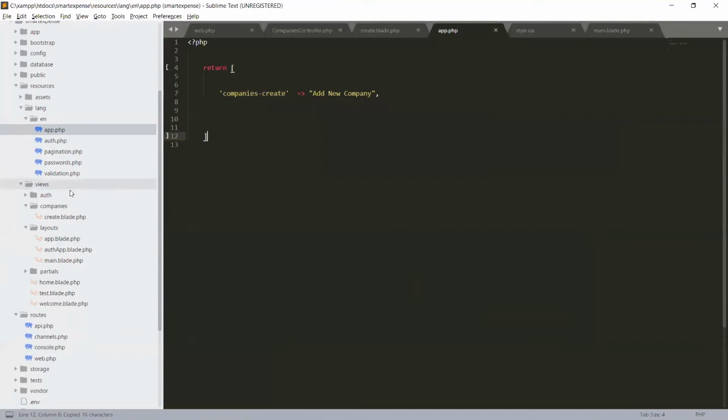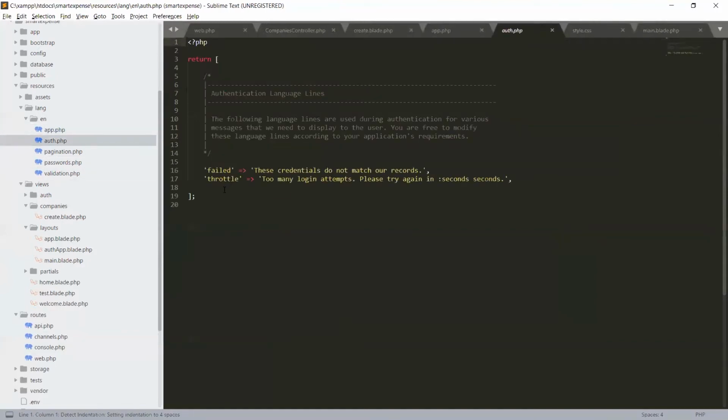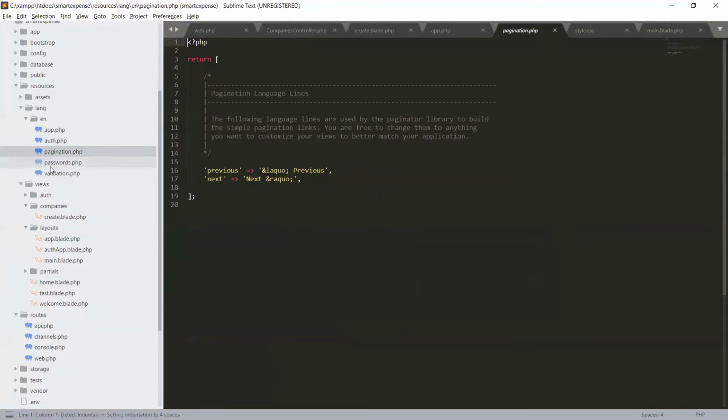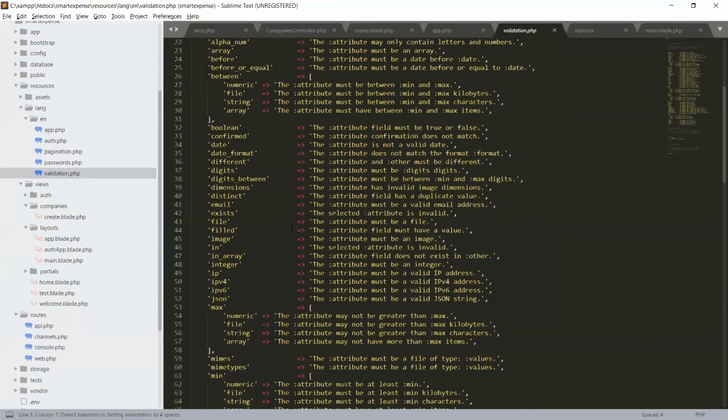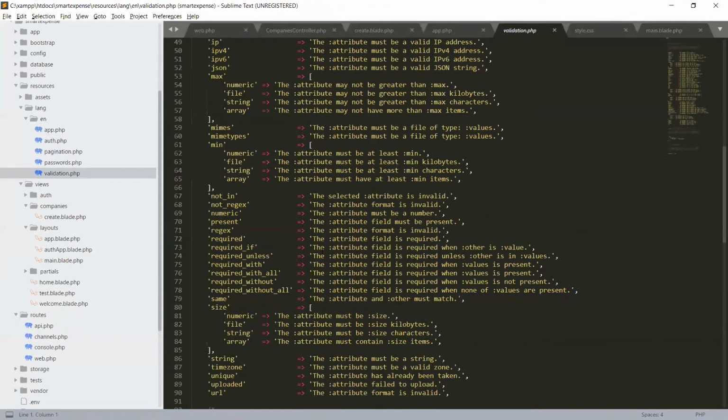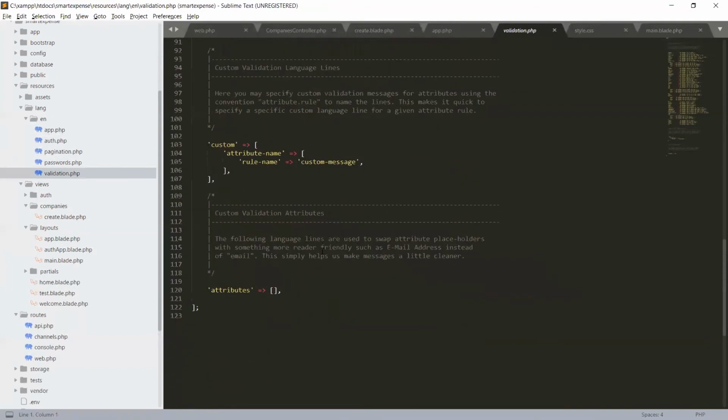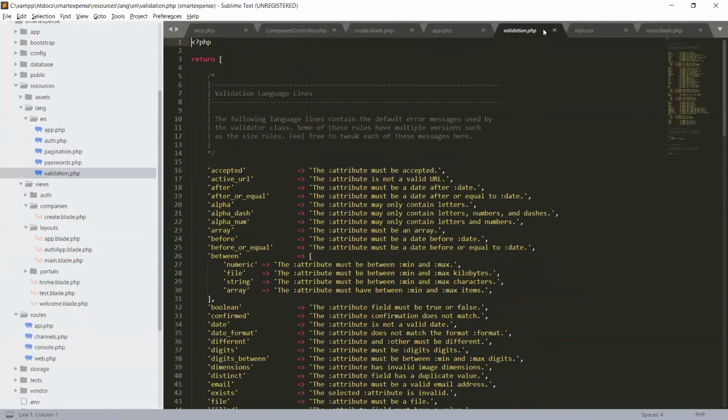Let's copy it. You can visit throughout the application the Laravel that will be using its syntax. So it has created in all the fields the syntax messages. So pagination, next, and password reset. So your password has been reset, so it has created the messages and the name. Using the trans function, it uses these messages, and all the validation messages in Laravel come from this language file. So we can also define for our application.